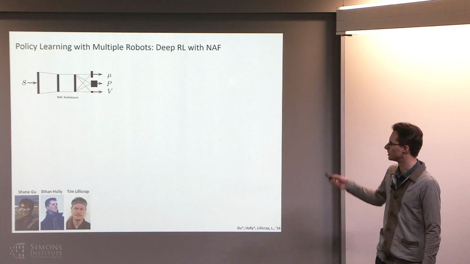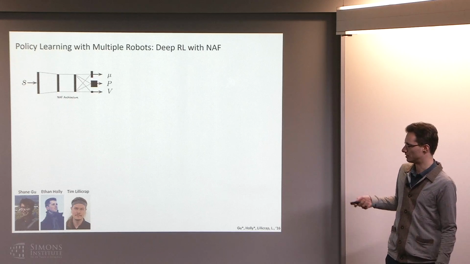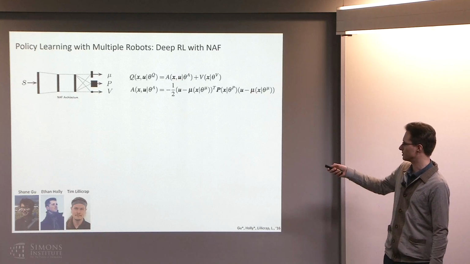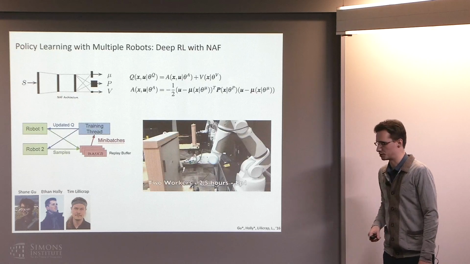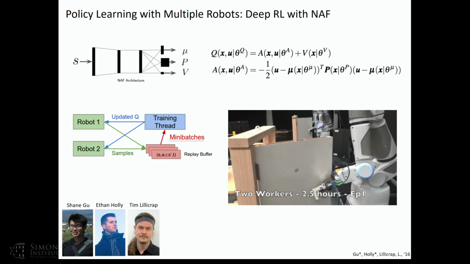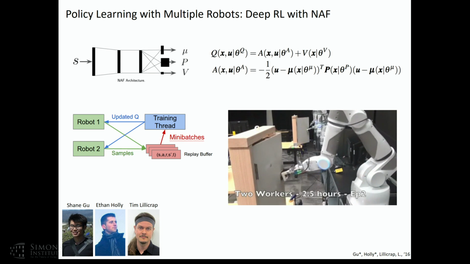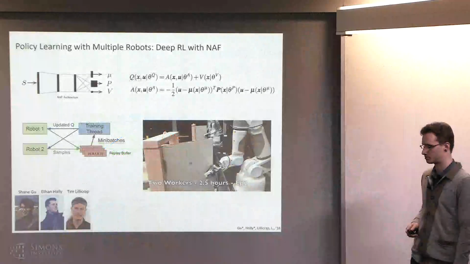So I'll skip this result, but one of the things I want to show you is a result using that method. This is basically Q learning in continuous spaces using these easy to minimize representations where it's quadratic in the u. And this is a result where we ran this on a bunch of real physical robots. So this is a deep neural network that's actually parallelized across multiple robots using this continuous Q learning to learn how to open a door. That's kind of nice because that shows that the algorithm is actually fast enough to use on real physical systems. It took about 2.5 hours with 2 robots, so it's quite a bit slower than the method I showed before, but it does actually do this fairly difficult task.